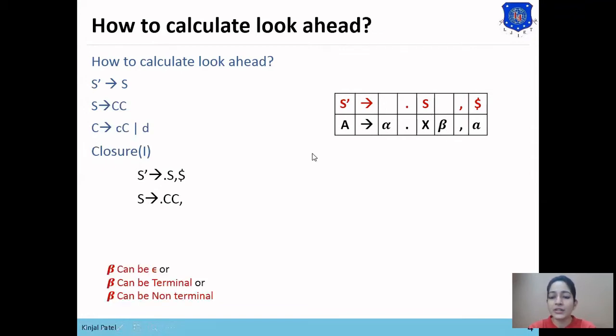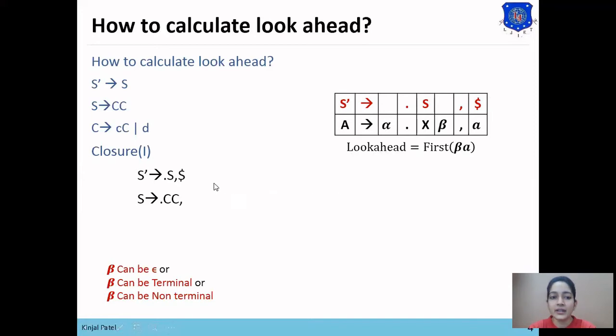There are three possibilities for beta: beta can be null, beta can be a terminal symbol, or beta can be a non-terminal symbol. Which means beta can be null or it can be more than one symbol. So to find the look ahead, we need to find the first of beta a. Beta can be more than one symbol or it can be null, so we need to find the first of beta, and a means the look ahead symbol.